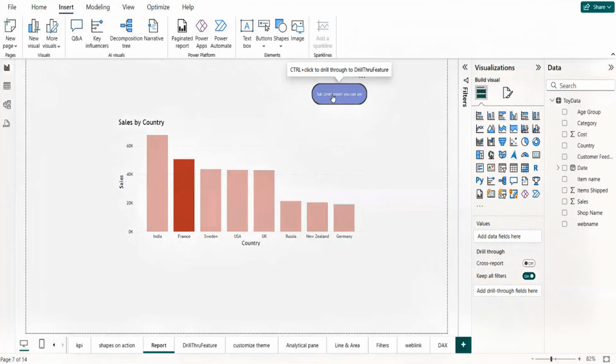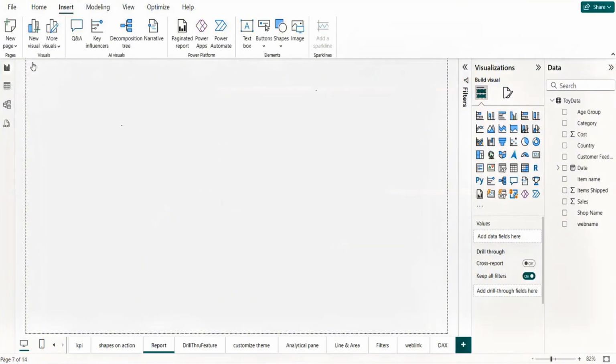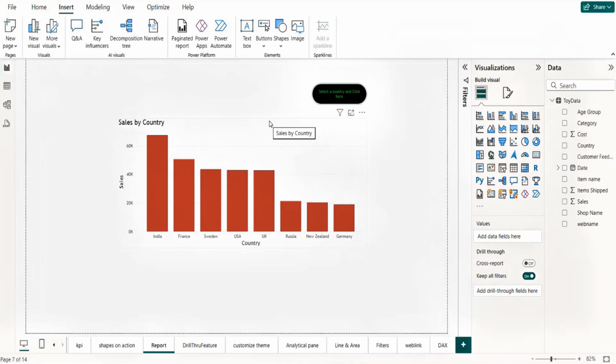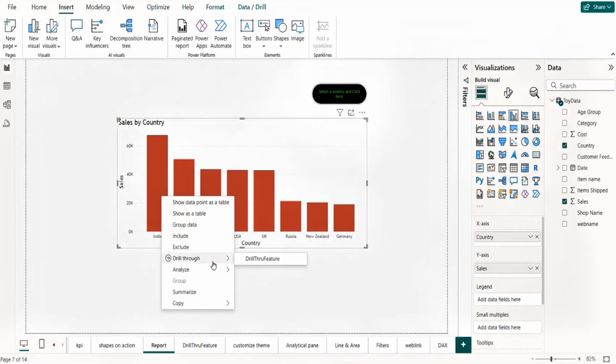But I guess I have already added the titles here, so I will just simply click here, and the report will be visible, and then I can come back here. So I just wanted to add this feature so you can have more clarity around why these actions are there. From the information perspective also, I think this is a better option, right? Instead of right clicking here and going to the drill through, because if the button is there, people will know